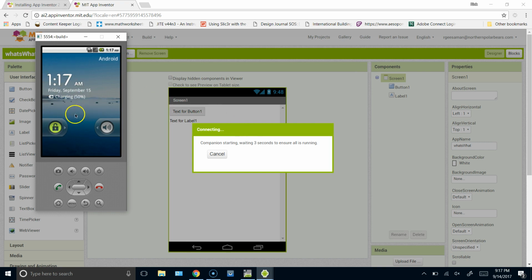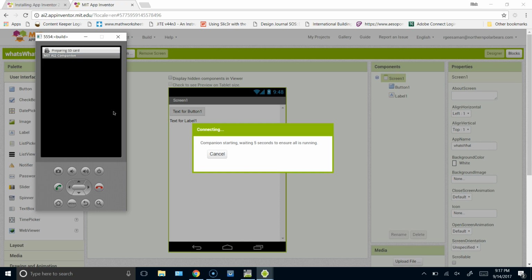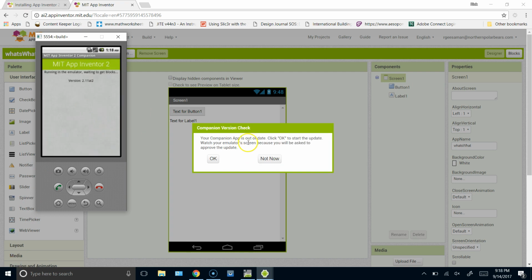As the emulator starts up, here's one of the screens you'll see, and it's just going to keep cycling through. It's waiting for it to run. It takes a long time to run, and you will see several screen images on the emulator rotate in and out. So after several screens changing and going black and coming back up, I got this message saying that my version